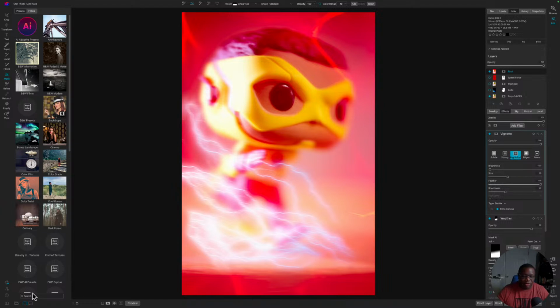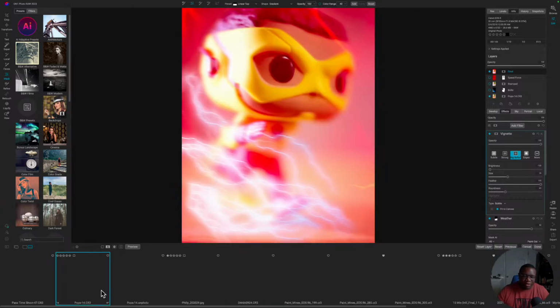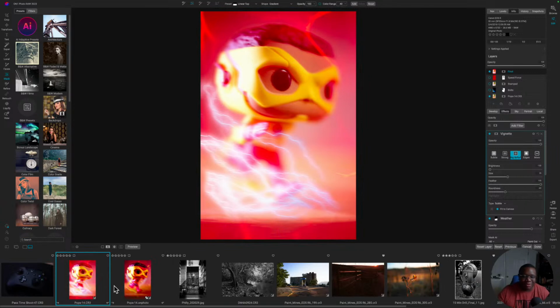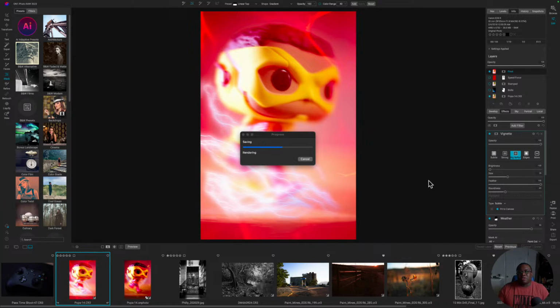Now, I don't believe that it is exactly the same, as I hardly ever can recreate something that I've made previously. Like this one's brighter compared to this one. Actually, let me hit done. We're going to go to the browse module, and this is saving the final version of this particular image as a .on1 or .photo file. What that means is ON1 is saving this to its proprietary version of an editable file,